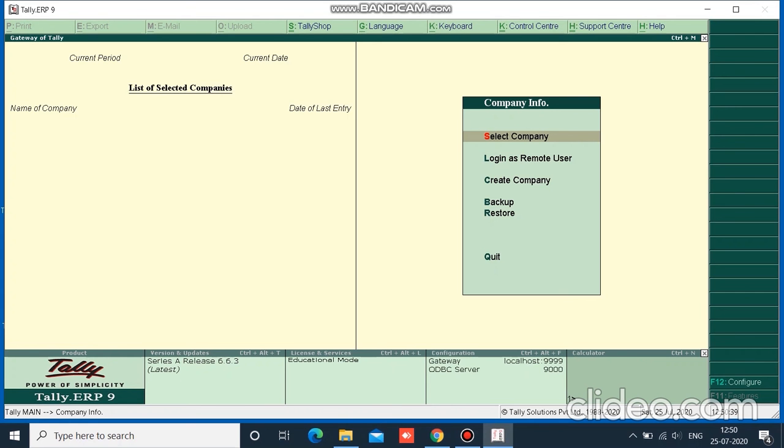By simply clicking on working in educational mode, this window appears, which is called the Gateway of Tally. On the right side it shows company info, that is, we can select a company from this window or create a company. Also, if you want, you can directly take a backup of any company or restore data if you already have a backup. Suppose I currently don't have any backup to restore, so for beginners, we will start by creating a company. We'll simply press enter on create company